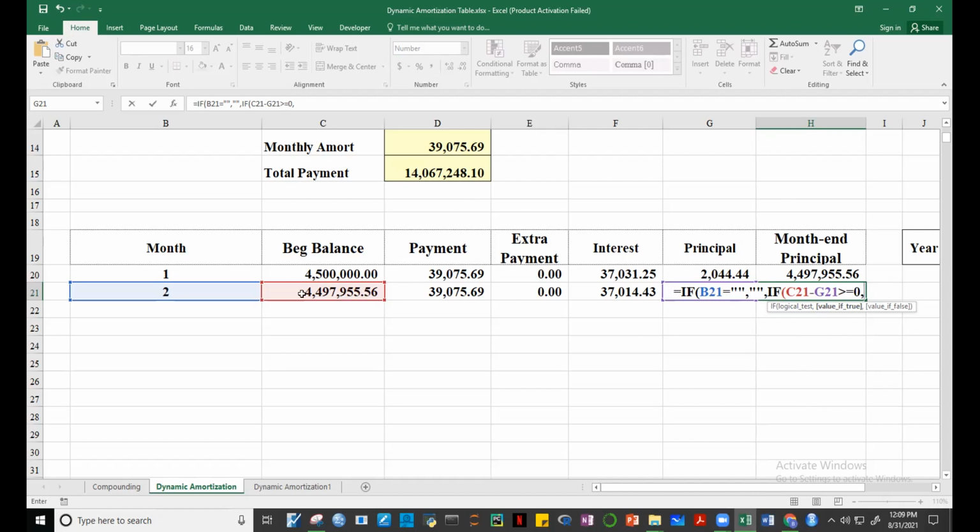Okay, kunyari example, 100 to. Tapos yung principal natin 80. Magkano ilalagay natin sa month-end principal? Yes, correct. Thank you, Mark. So, syempre, ang magiging ending balance natin will be, sabi nga ni Mark, beginning balance minus the